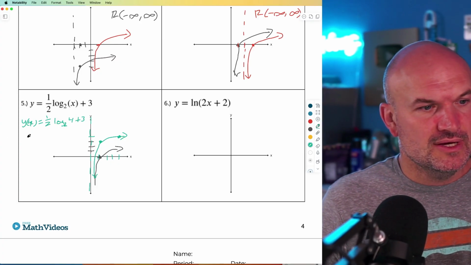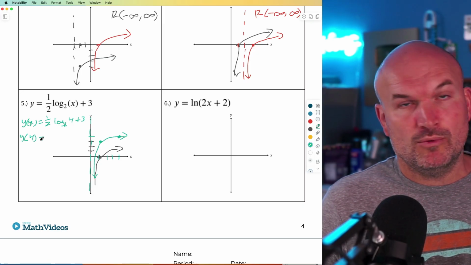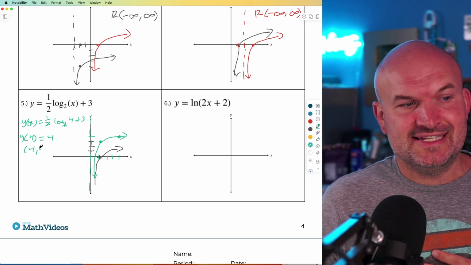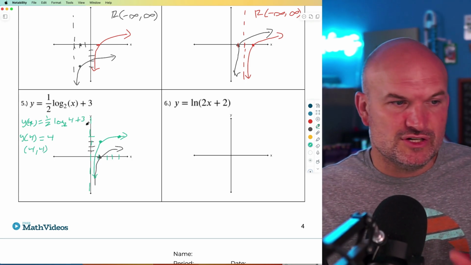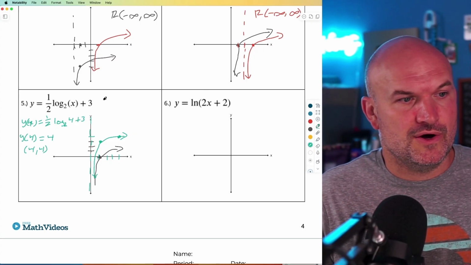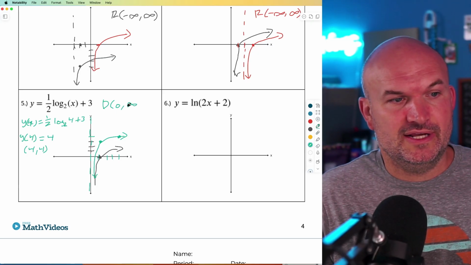points. But that's what you basically do when you have a vertical stretch or compression and you want to be able to identify more coordinate points to get the idea of the shape. But I don't really take too much into that. I really want my students just to focus on transformations, but there you go. So in this case, my domain is from 0 to infinity, and my range is going to be from negative